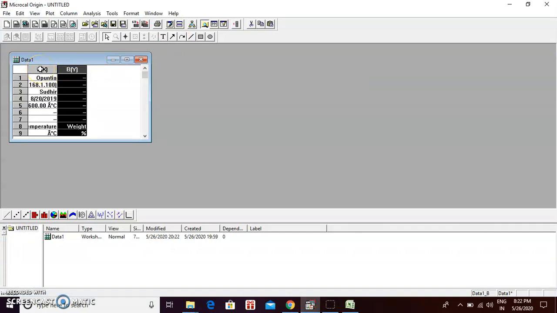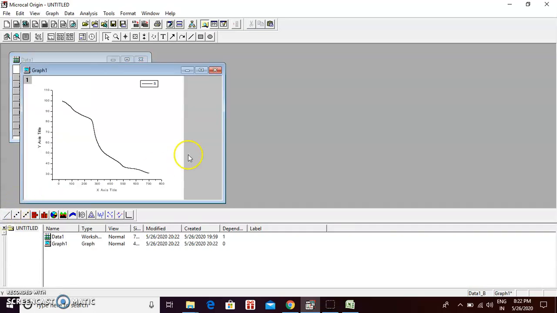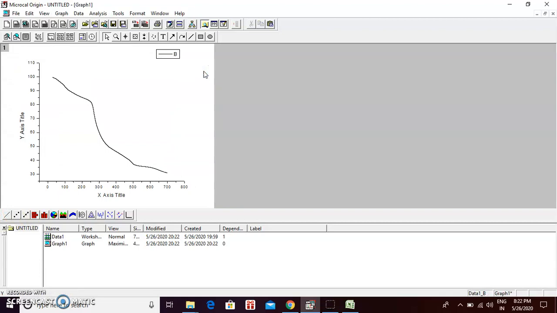Now as in the previous video, I have already told you how to select the data. So just select these two data and go into the line plot, and you will get such type of data here. Now, in order to check what percentage of weight loss is there: I have already told you in the previous video how to overlay the data, two or three, however many you want to overlay, so I will not go into that.